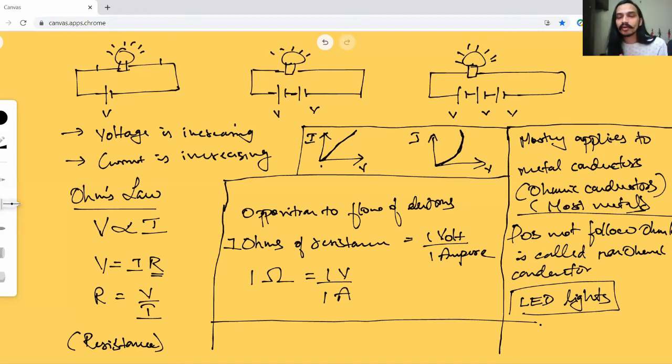And if I have to define 1 ohm, I will define it as 1 volt divided by 1 ampere. Okay, 1 ampere of current flowing through 1 volt of potential difference. It's not that important, just remember the units and the formula. And we also learned about ohmic and non-ohmic conductors. If they follow Ohm's law, like metals, it's an ohmic conductor. If they do not follow Ohm's law, like LEDs, it's a non-ohmic conductor.